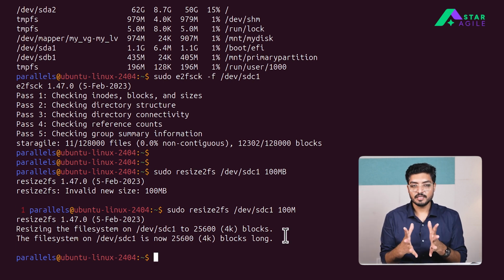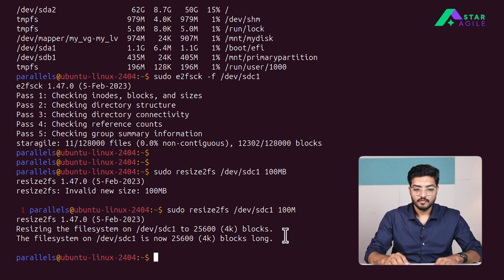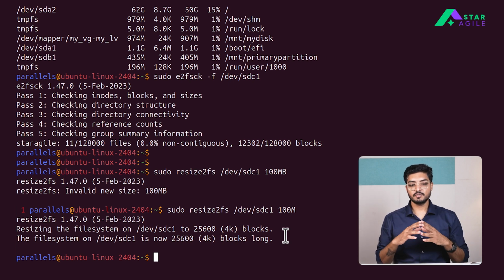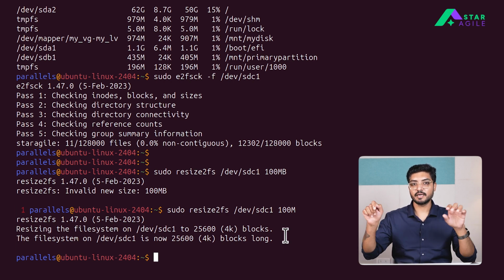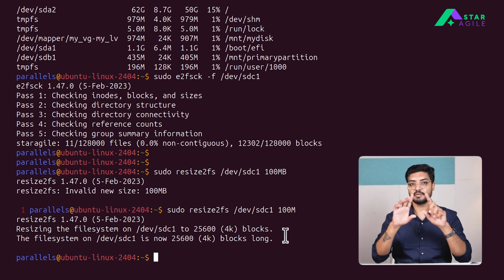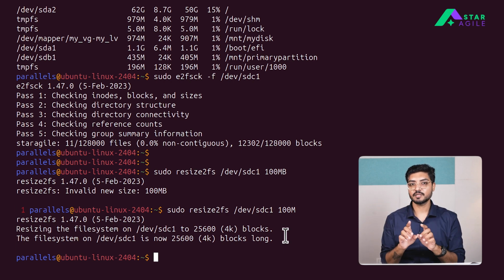Once we resize the files, the file system, we have to reduce the partition now. See, the thing is, first the partition was created in 500 MB. After that, on that 500 MB, the file system was mounted, which means the file system was scattered across that 500 MB. So the initial thing is check your file system, scan your file system. Once you're done with the scanning, reduce the file system, because without reducing the file system, you cannot reduce the